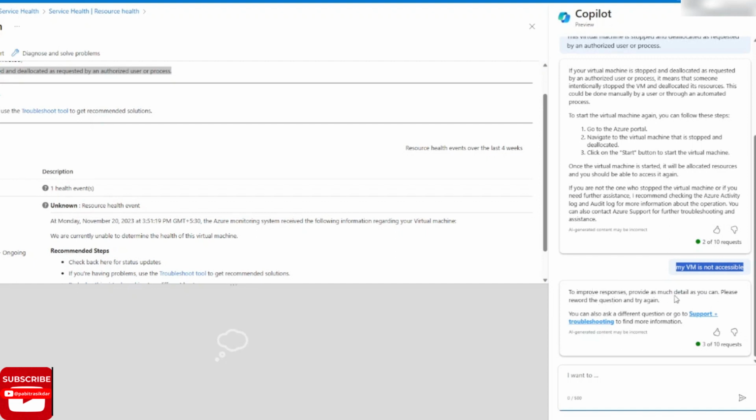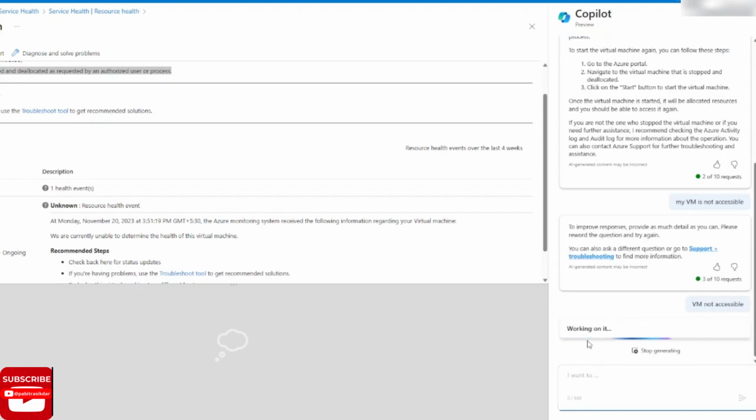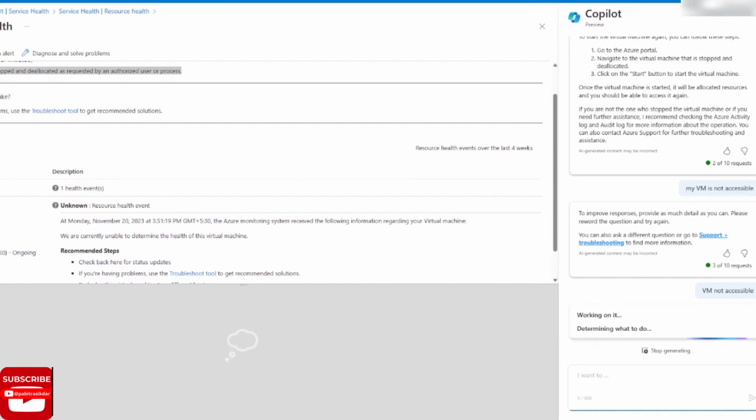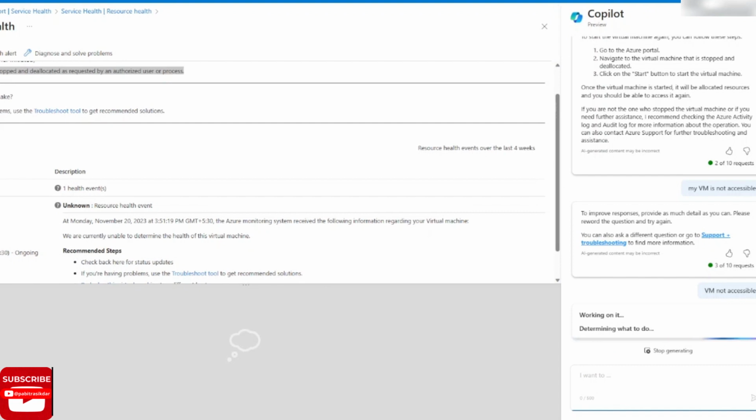So it's somehow doing this to improve the response, provide as much detail. Please reword the question. VM not accessible. Let me see now what it does. I think it's taking a lot of time, but still it's worth waiting if you are getting some recommendations and steps before reaching out to